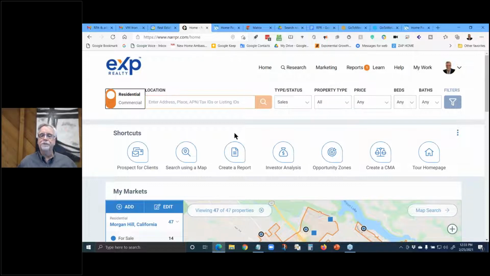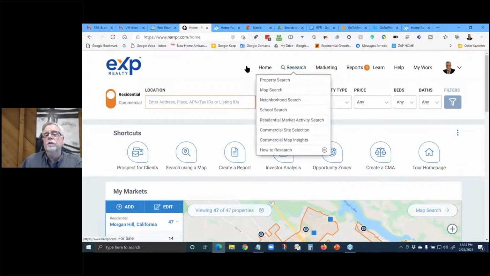All right. So let's just go through a little bit of a discussion of what the changes are. For the home page, it looks different. Research, we just go across the top. This is where they put a lot of the different searches, and we'll spend a couple of minutes on this a little bit later, to search for a property, to do a map-based search, to do a neighborhood search, which